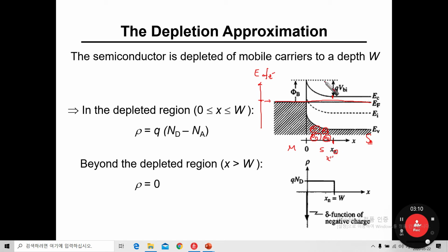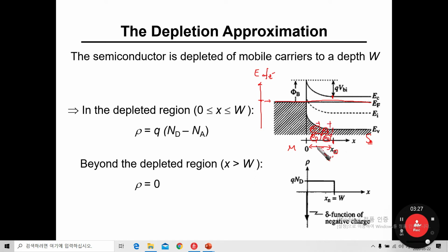Then at x of xn, in this range between x of 0 and x of xn, all the dopant atoms are ionized,